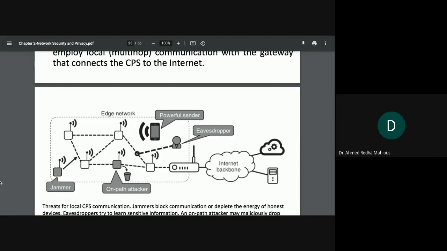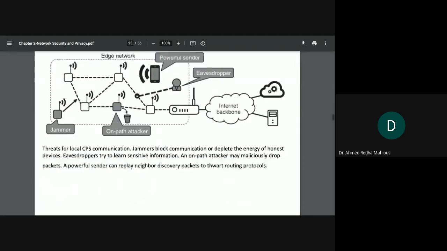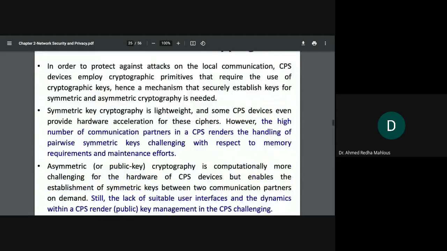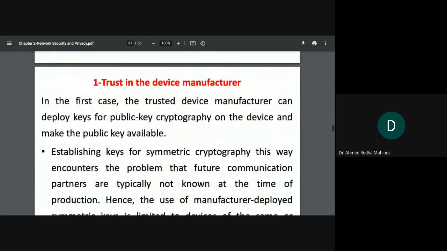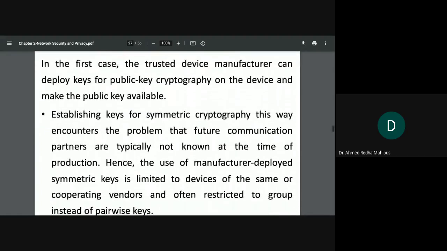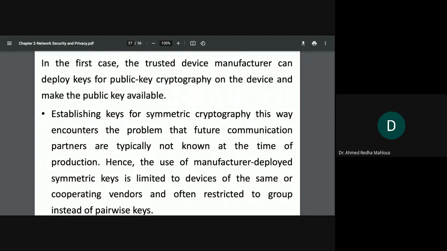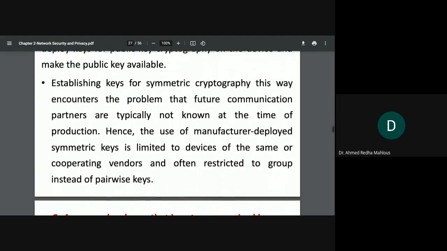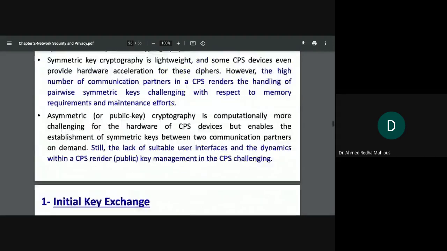Okay, this is one way of what is meant when we talk about embedding the key within the device by the manufacturer. That means that key is deployed to all the devices that have been created by the manufacturer. And the only problem that we do have here is that this solution will not work